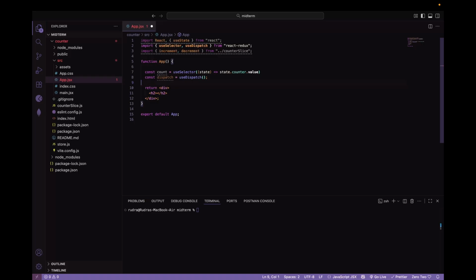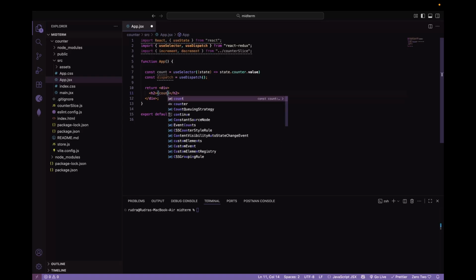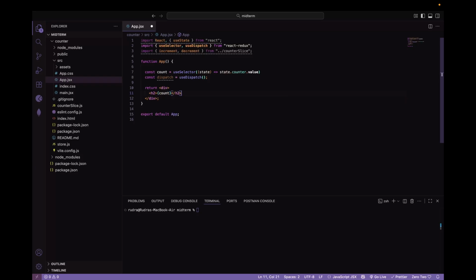So we won't really need them, because we're only applying two features, increment amount and decrement amount, right? So now we have our count over here, right? Then we have our button,